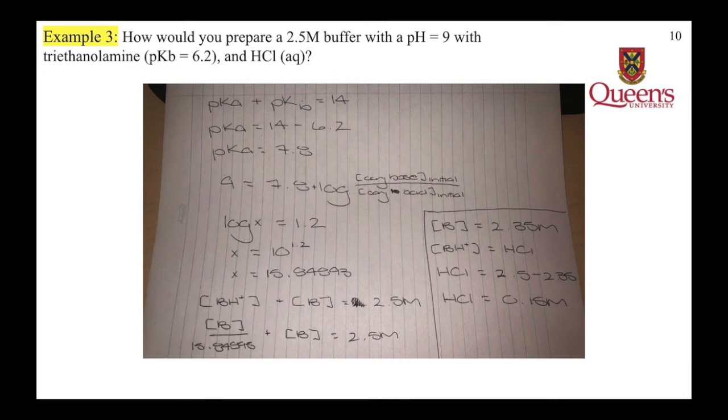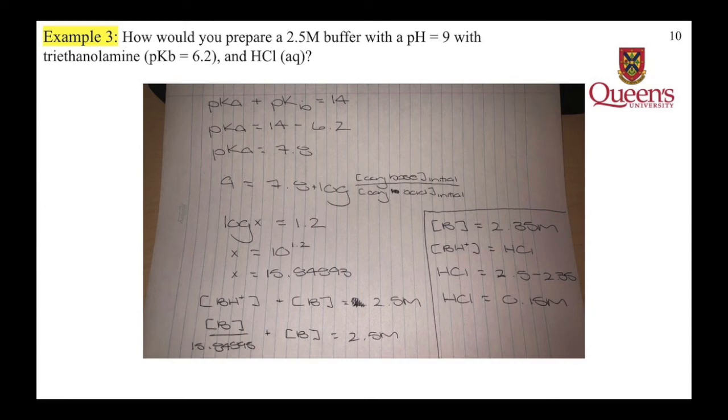So now I'll explain my answer for the third and final practice question of our tutorial today. You first want to start off by finding the pKa value. So you do pKa plus pKb, which is equal to 14, and the pKb of 6.2 was given in our question. So when you do 14 minus 6.2 for the pKa, you get 7.8. And then in the Henderson-Hasselbalch equation, you do 9 equals 7.8 plus log of conjugate base initial divided by conjugate acid initial, and then you get log x is equal to 1.2, and when you're simply looking for x, you get 10 to the power of 1.2, which is equal to